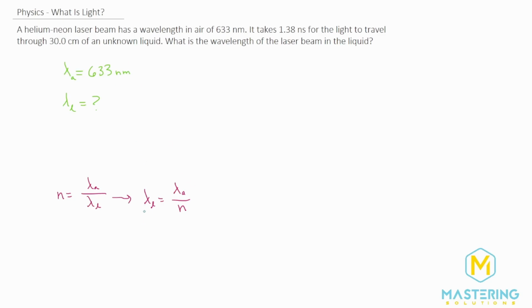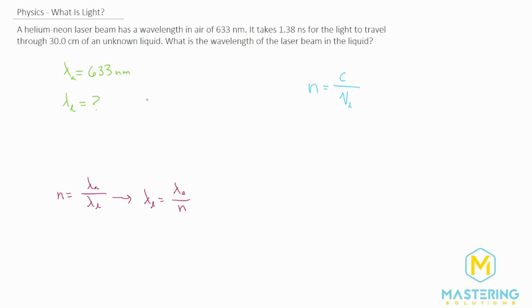So now if we take a step backwards, how do we get the index of refraction? Well, we can use the equation of n is equal to the speed of light in a vacuum divided by the velocity in the liquid. But we don't know this, right? So we have to figure out this thing. So that's what I meant where we have to piece together these, where we have to go from this to this to this to figure out the answer. So they're really just making you do some gymnastics with all these equations.